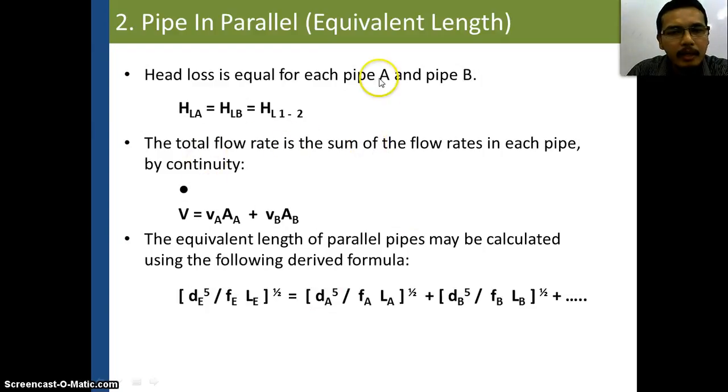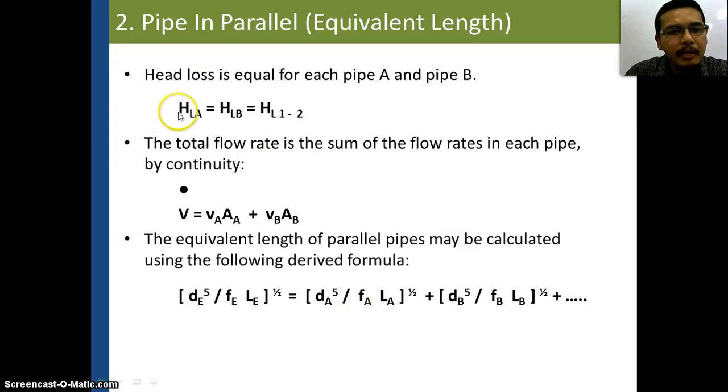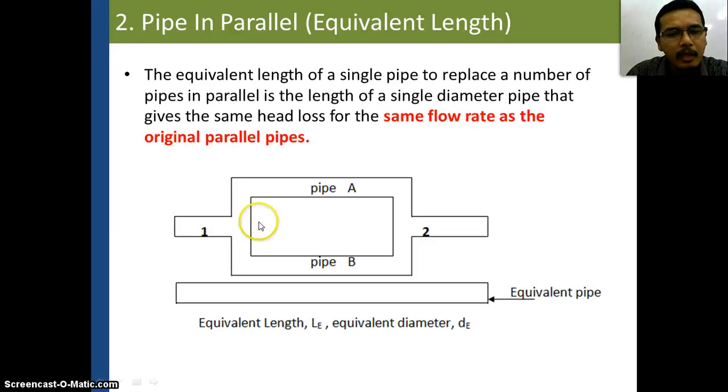The head loss is different because of the characteristic of parallel. The head loss between pipe A and pipe B must be equal. But for pipes in series, you need to sum up the head loss because they are connected in series. It is a little bit different in parallel. Parallel will be equal. As for the flow rate, in series connection the flow rate is equal, but for parallel pipes we need to sum up the flow rate,